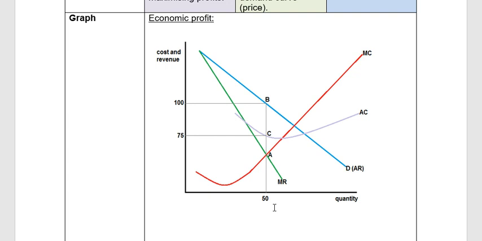economic profit. Or the alternative method, which is not in this table, but you know about it, we take economic profit per unit. Again, we take average revenue, which is equal to the price, so 100, minus the average cost at point C, which is 75. That is 25 Rand profit per unit. But he doesn't just sell one. Remember, he sells 50. So that 25 Rand per unit times the 50 is going to give me the total